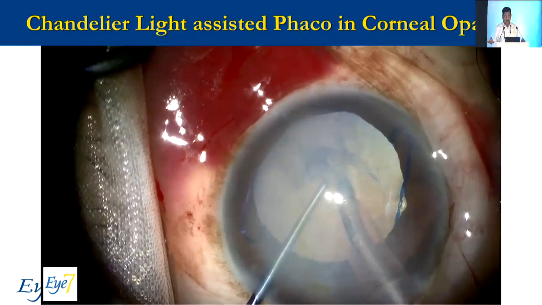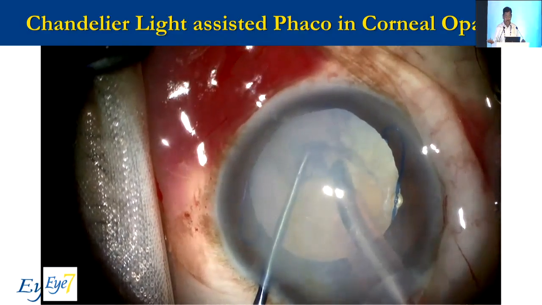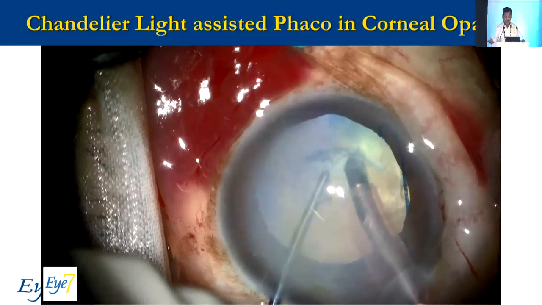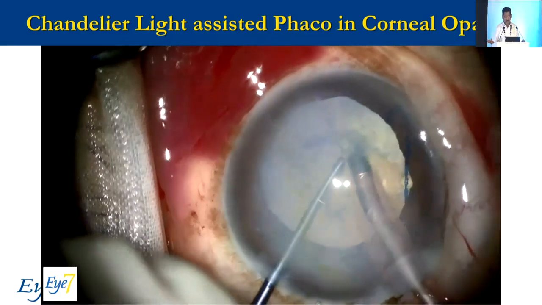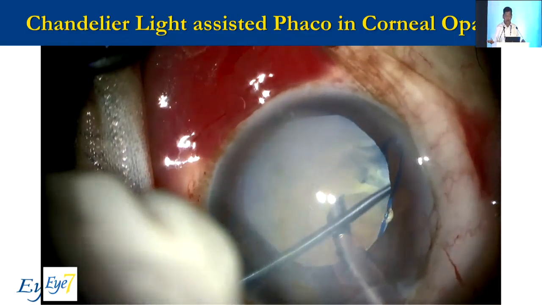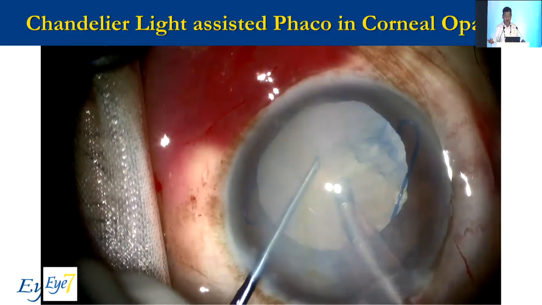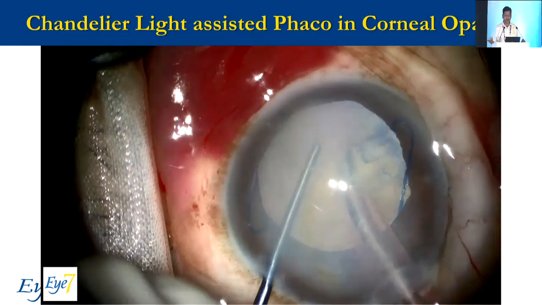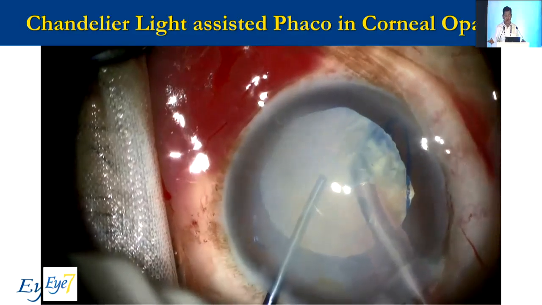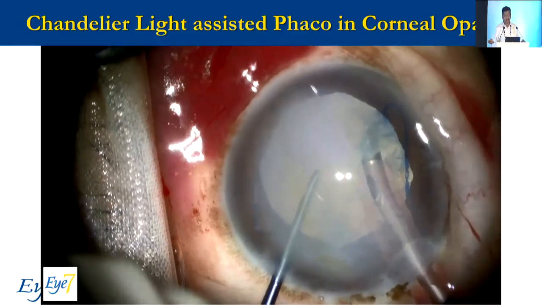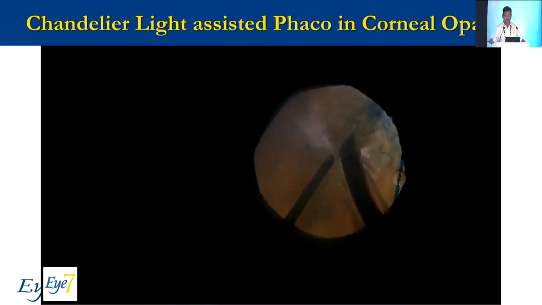I put in a malignant ring to keep the pupil dilated. I can do a chop in oblique illumination. You see, I'm doing a chop because chops are pretty safe, because you're well away from the posterior capsule and you are so much trained to do a chop that even with limited viewing capacity, you can do a chop.